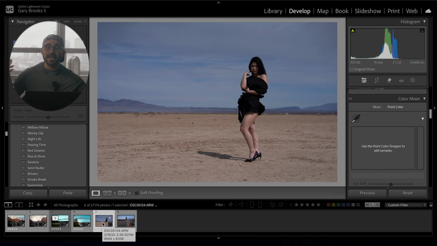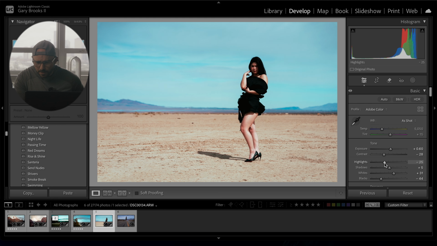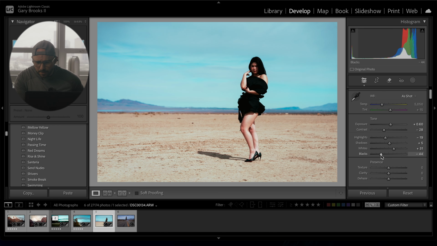So this is one of the shots I really liked. It's just kind of desolate, and then you have her just right there on that right third in her nice dress and heels. Just a sick shot. So we're gonna slap that Rise and Shine on there. It does overdo it a little bit, so we'll go ahead and fix that up. We're gonna bring those shadows down a little bit, bring the contrast up a little, highlights up a little, blacks up a little. We're gonna smash the texture, smash the clarity, put a little dehaze, minus that, and we're gonna